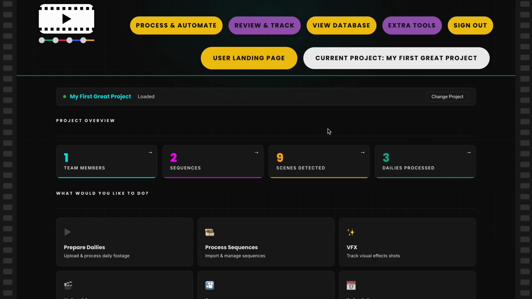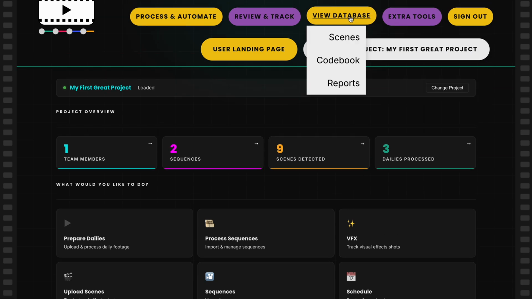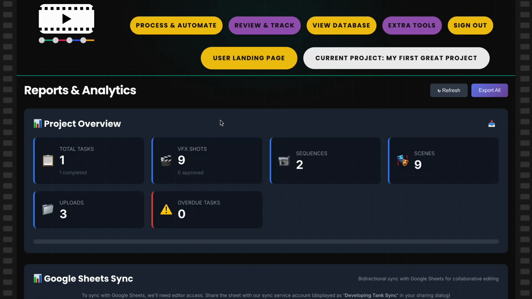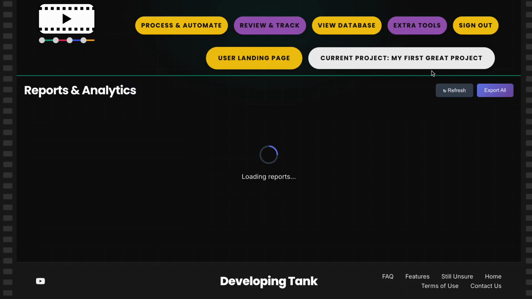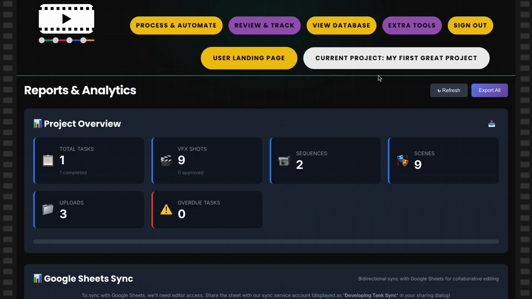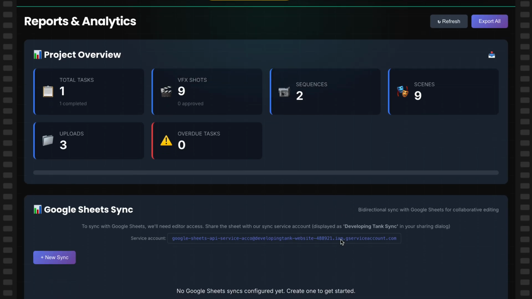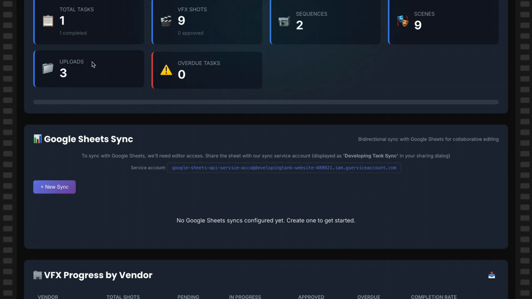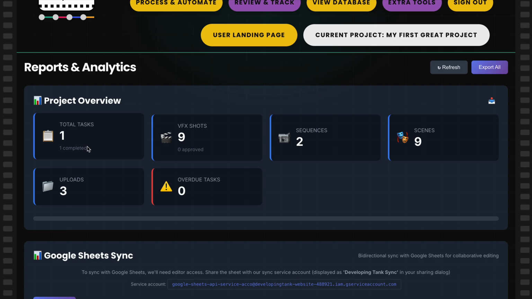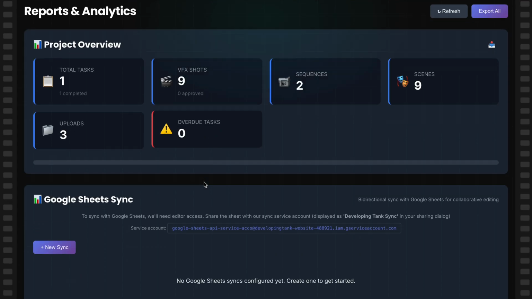So we're going to go from here, view database, and reports. You can refresh. So if someone else is working, click refresh. It populates all the changes they did. You might need to give it a couple minutes between someone doing something and it really populating here, but just to be sure. Now here you can see how many tasks have been done, visual effect shots, sequences, your scenes,